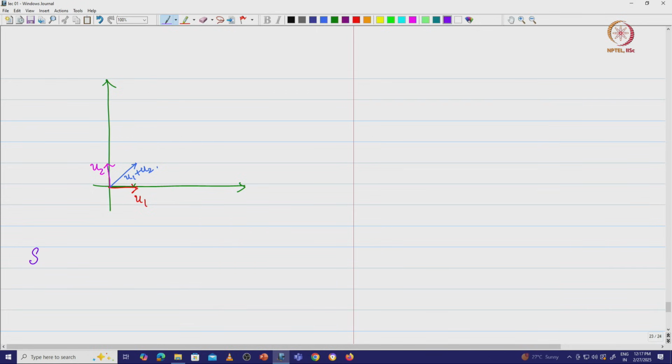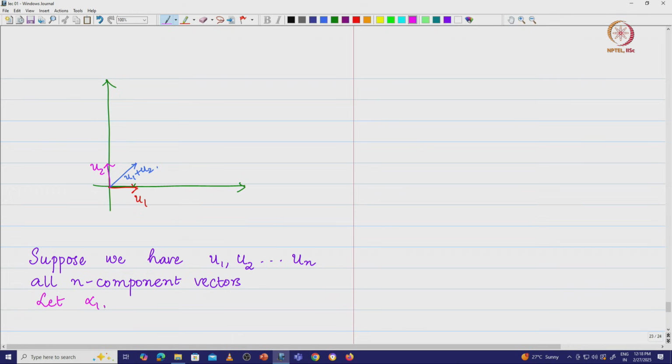So, suppose we have u 1, u 2 etcetera u n, all n component vectors, and we are going to consider, let alpha 1, alpha 2 etcetera alpha n be scalars such that alpha 1 is equal to alpha 2 is equal to etcetera is equal to alpha n is equal to 1